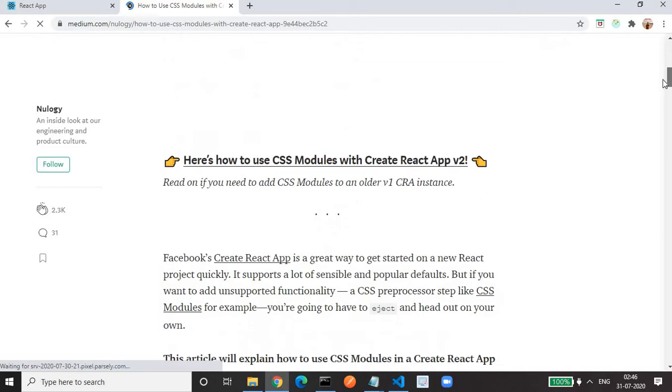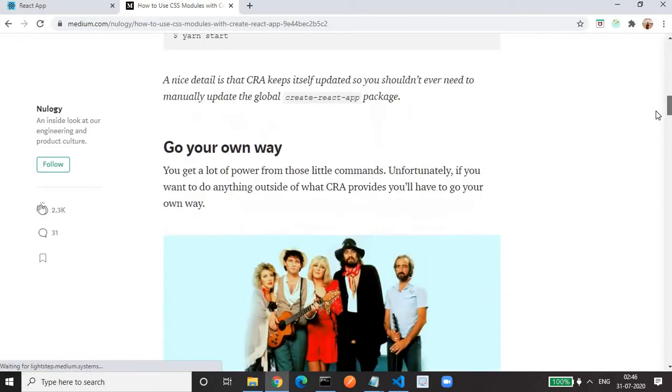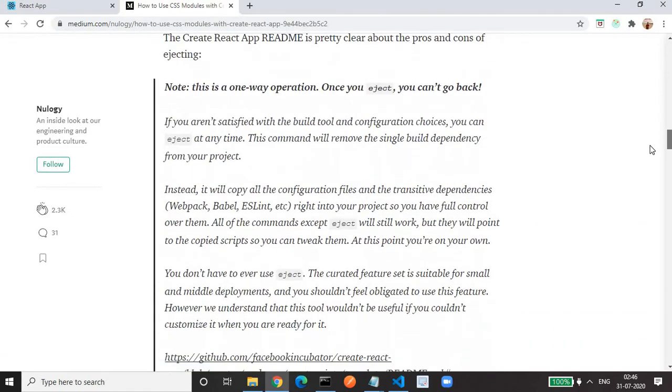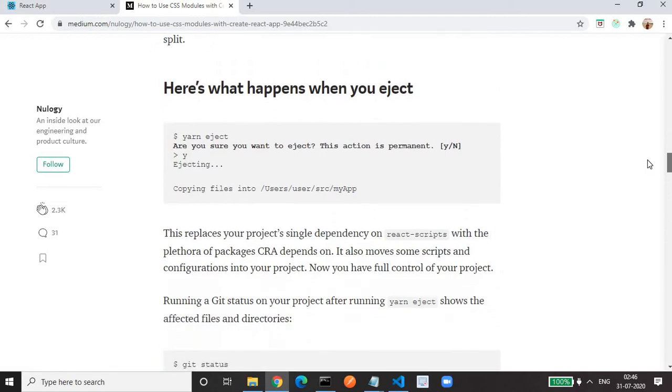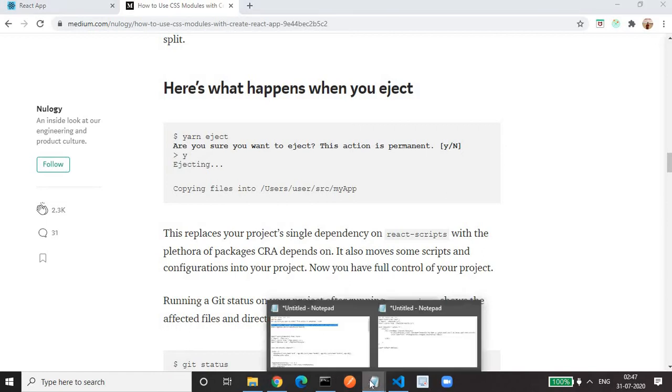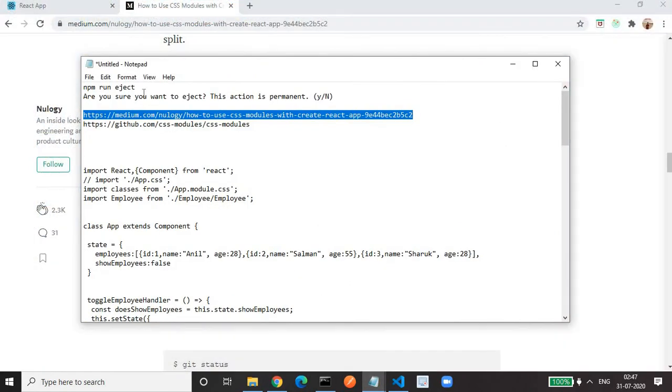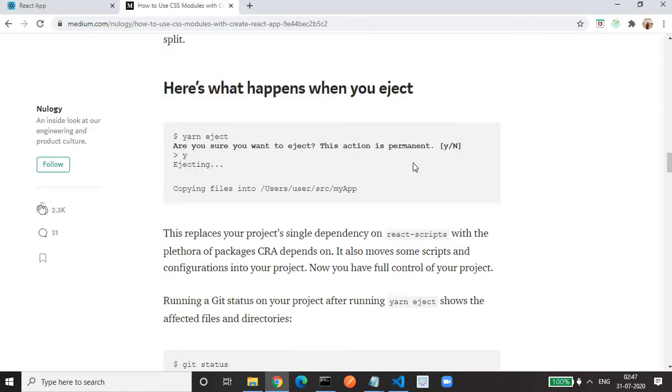If you scroll down, it is using yarn, we are using npm. So after executing this command, npm run eject, it will ask, are you sure you want to eject? You have to type Y, then it will eject,